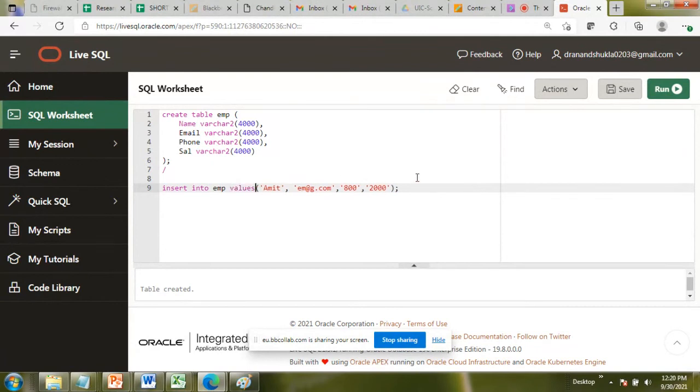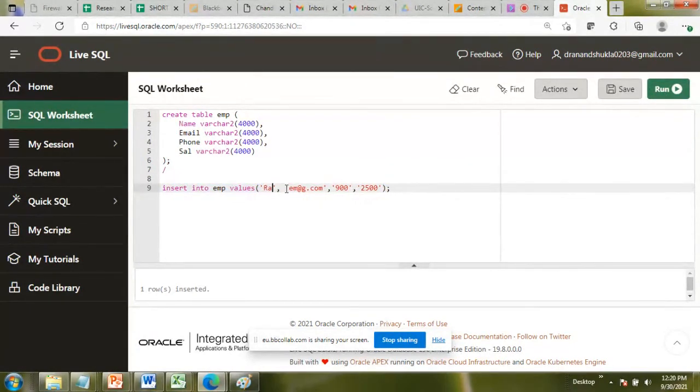Employee values. Insert. One row inserted. Now I'm going to change it to Amit, Ajay, 9, 500.